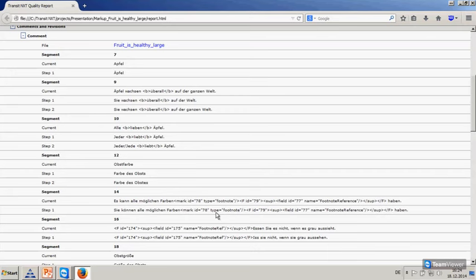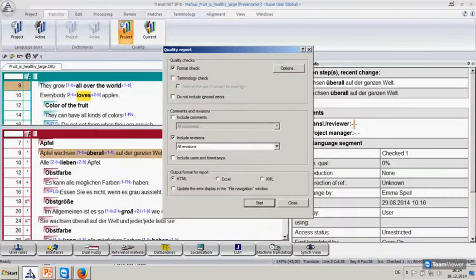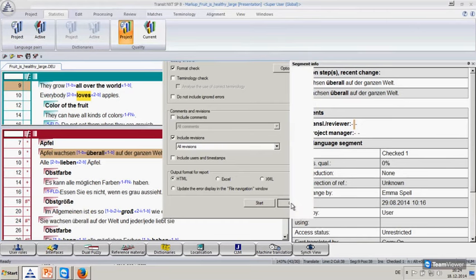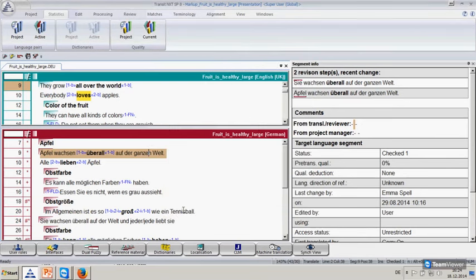The option for creating a quality report is not in the range of the standard. It is a feature which is optionally available. Okay, let's go back to Transit and close this window. The next topic I want to talk about